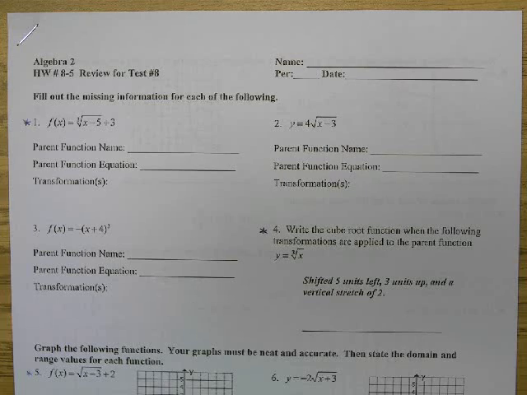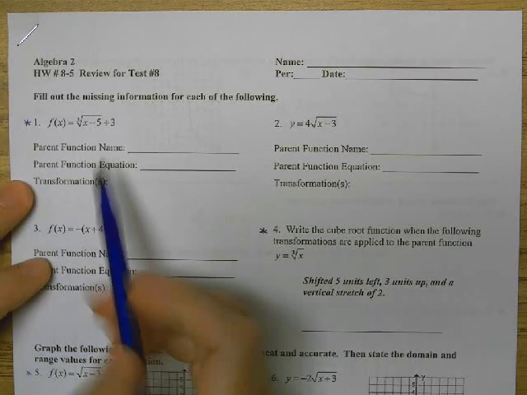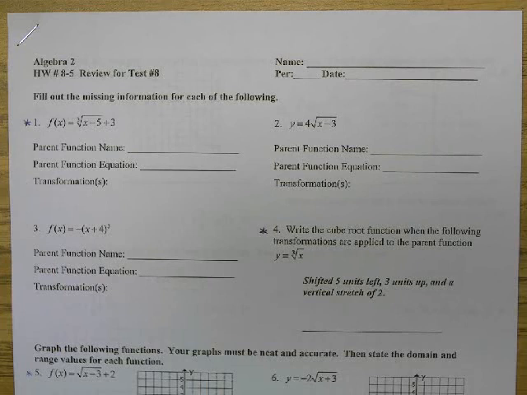Look at the Unit 8 review sheet. Remember, I'm going to go through and do one of each, and then I'll go back through and finish up. So on this first one, we're not graphing anything. We are just going to identify the parent function, the function equation, and what transformations are being made to this